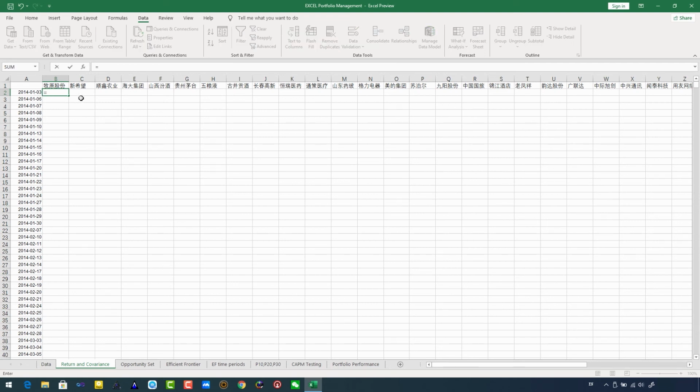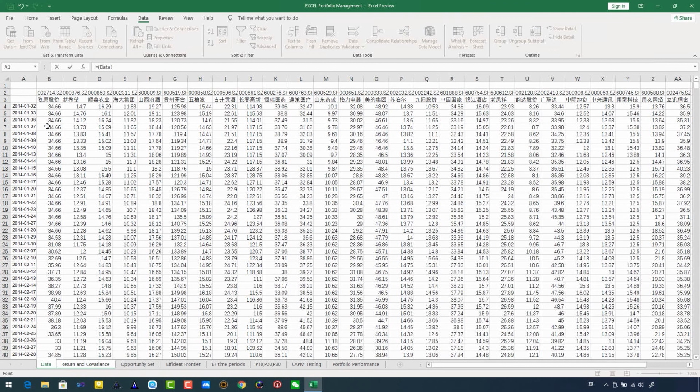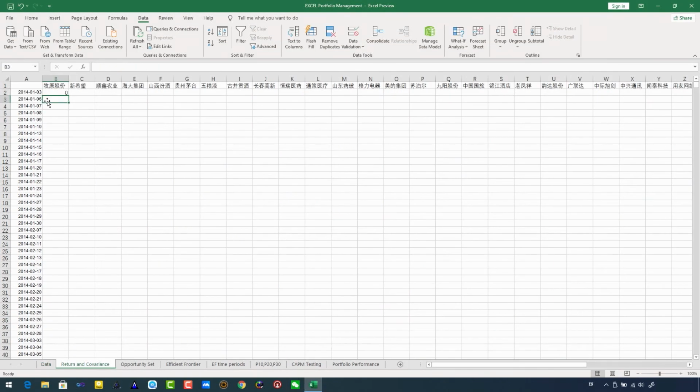So you can type equal, and then you type it should equal to our second price minus the first price, and then we divide by the first price, and then you press enter, and we will calculate the first return for